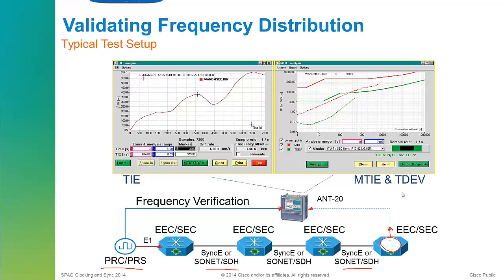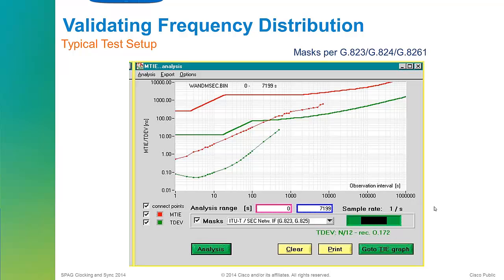And then when you finish this, you click a couple of buttons and it calculates the graph on the right, and I think I have it blown up in the next slide. Indeed I do. So the way it calculates is the MTIE and the TDEV, and you'll see here this red line is the MTIE, and the green line on the bottom there is the TDEV, and it calculates those over the period of time that you've run the observation. So in this case it's been running for 10,000 seconds. Normally you run it for a day, which is up to about here. But this has been run for, it's up the top, 8,000 seconds, 7,200 seconds, and it's calculated the MTIE